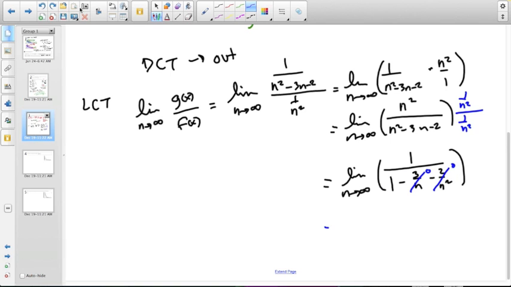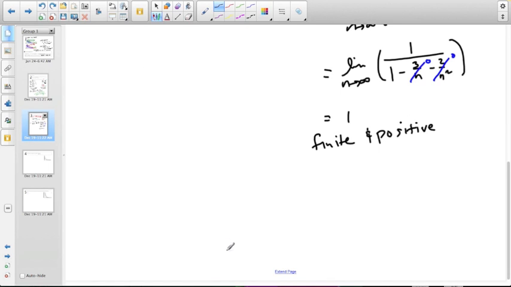1. So the limit as n goes to infinity of 1 over 1 is 1. That is finite and positive. And you don't have to state that. It's common knowledge that the number 1 is both finite and positive. And therefore,